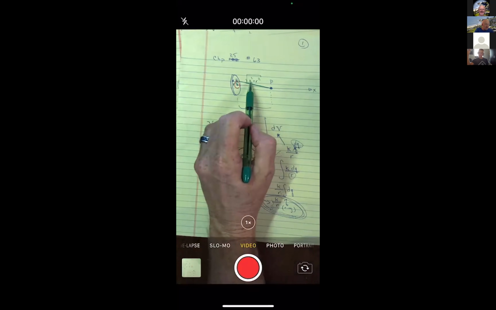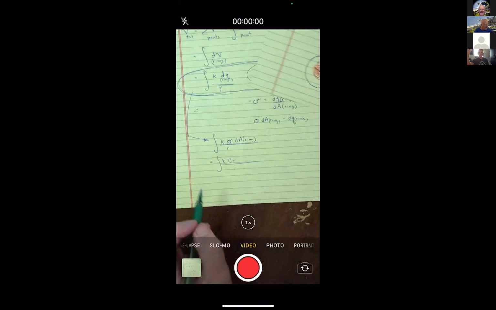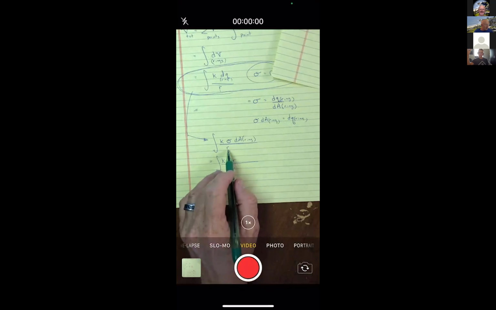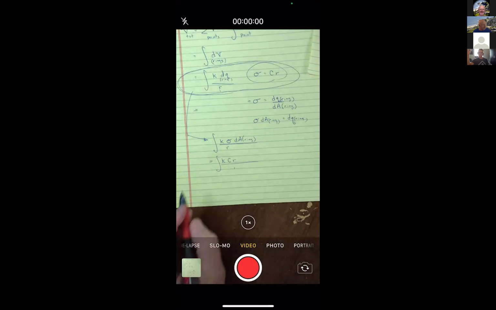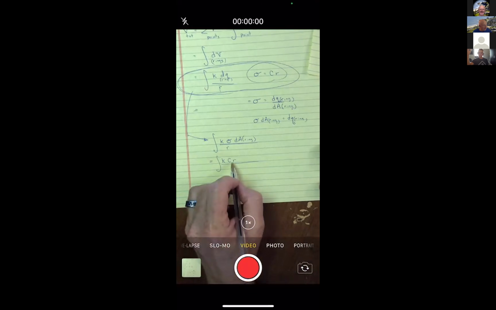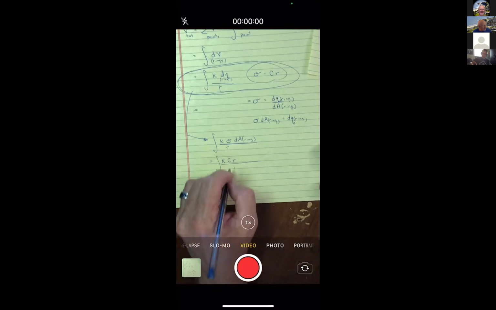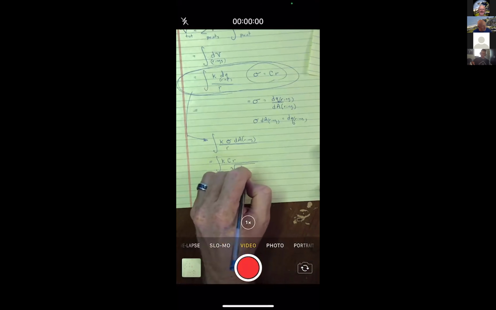So this distance away really is this R down here. So if I'm going to write this as a little r in the numerator, I should probably then write down here in the denominator x squared plus r squared